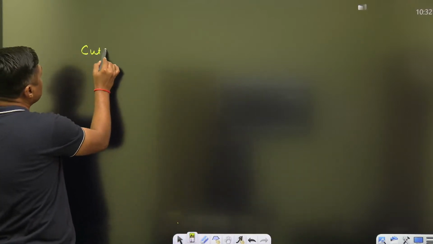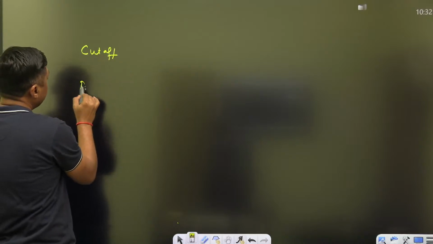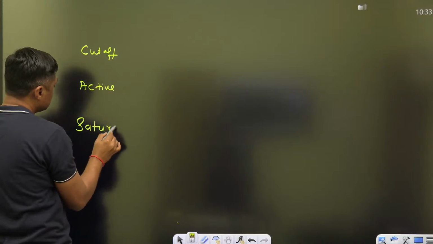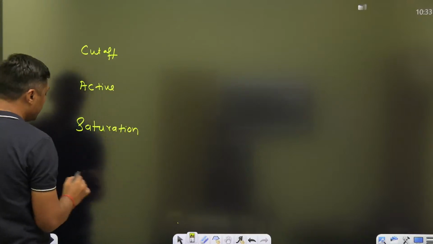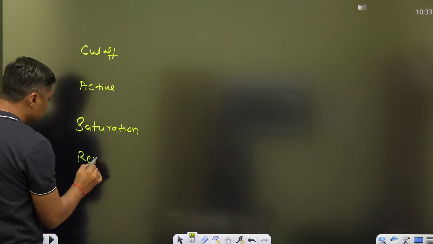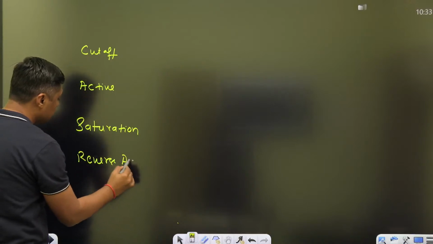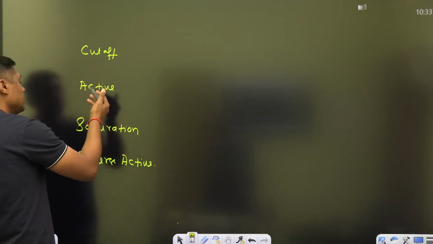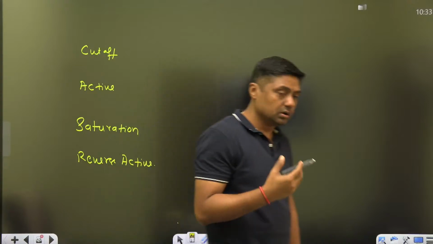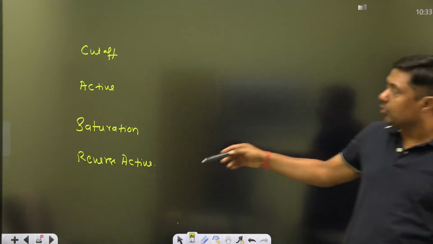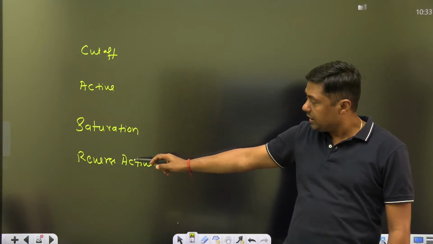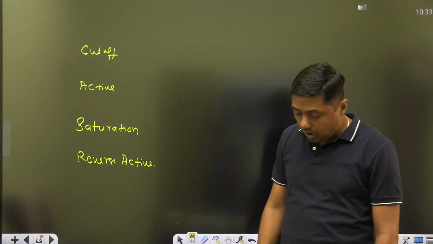देखो जब हम बात करते हैं तो there are different regions like cut off, active and saturation. और एक और होता है जिसको हम लोग रेयरली यूज करते हैं, that is called reverse active mode. रिवर्स एक्टिव, राइट। रिवर्स एक्टिव के अपोजिट इसको कई बार बोल दिया जाता है फॉरवर्ड एक्टिव मोड और व्हाट, राइट। That is the reverse active mode, forward active mode और नॉर्मल एक्टिव मोड, राइट। ये है रिवर्स एक्टिव मोड ना। और इनवर्स